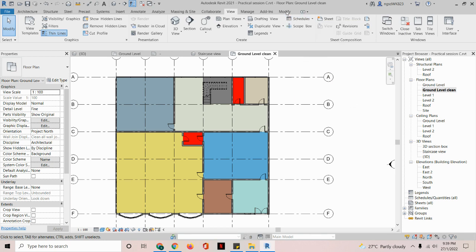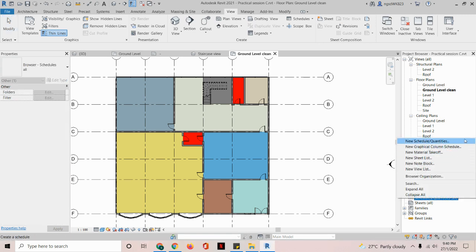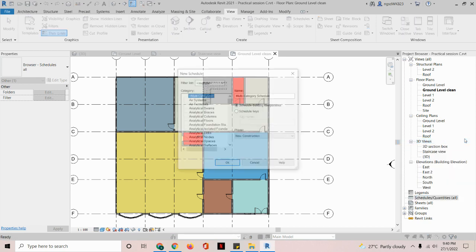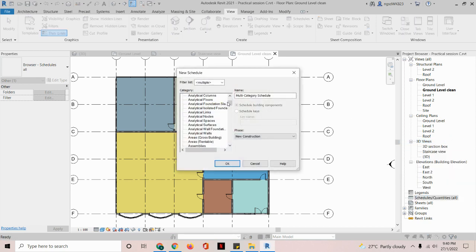Okay, so we can create our schedule from View, Schedule, or we can directly create it over here by right clicking on it. Then we create a new schedule, let's say for this case we have doors and windows. Let's say we create a new schedule and quantities for our